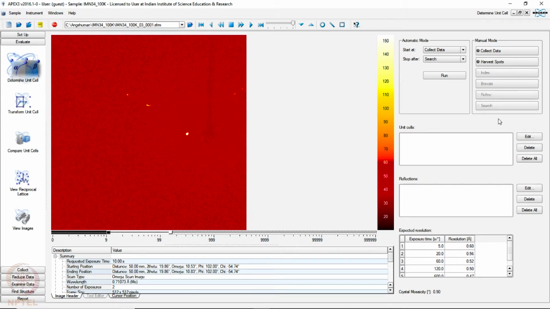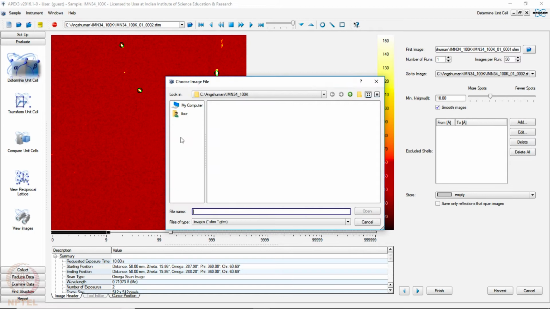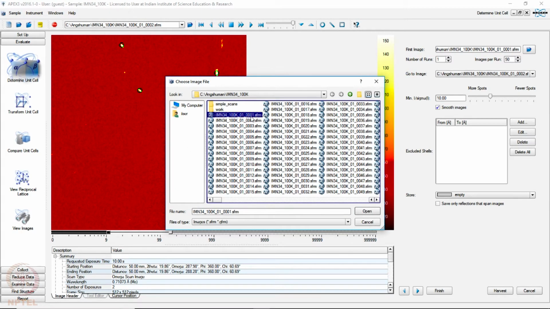First, we would like to see the indexing of this crystal with all the images if possible, but sometimes the number of images is so large that we do not want to process everything. So we try to harvest a certain number of frames from each run. We choose the first image, 0001 SFRM, the first image file here,